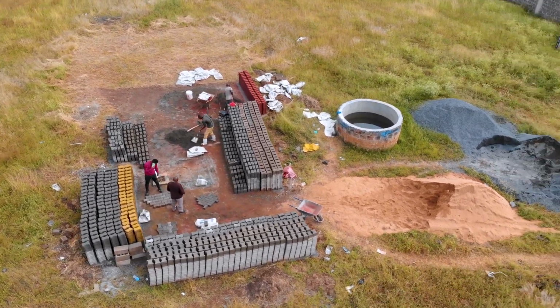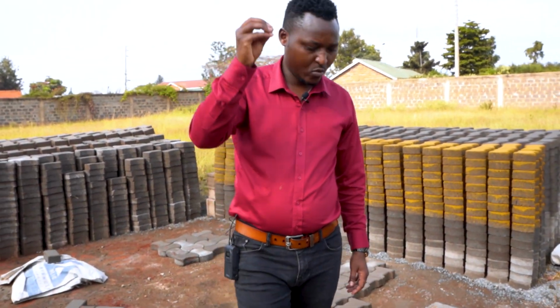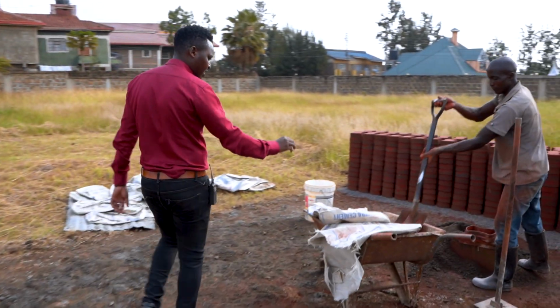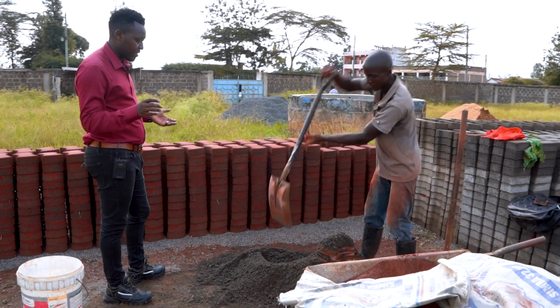So guys, I think today we have little to say. I'm sure you have seen the red oxide, the red double moon. I can actually show you. Today we are doing the red. Let me show you how it comes out, and even my guy is making it. You can see how we make the red with the red oxide, for you to get that red color. Then we press it,